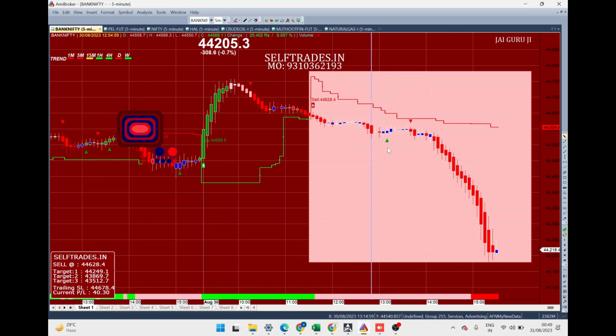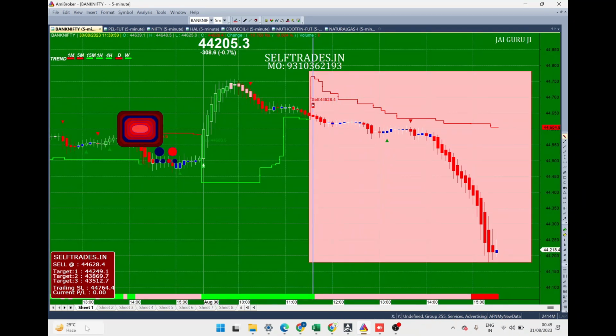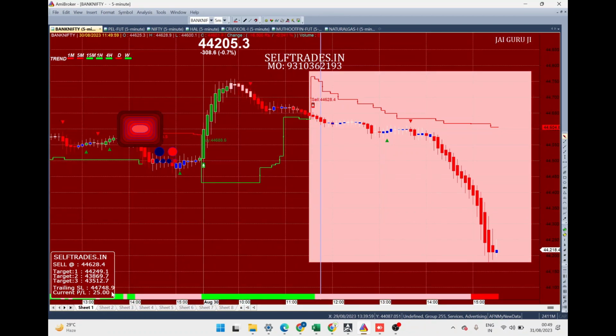Okay, I'll just again highlight. When we took this position, if you look at the bottom left corner where my cursor is, the SL is 44,764. But as we went lower, our stop loss started reducing. We were trailing our stop loss. So once we got an exit signal in a profit of around 35-40 points, the chart said if you want to hold, the SL should be 44,648. Then the market was holding, but it was not going up. It was very flat.